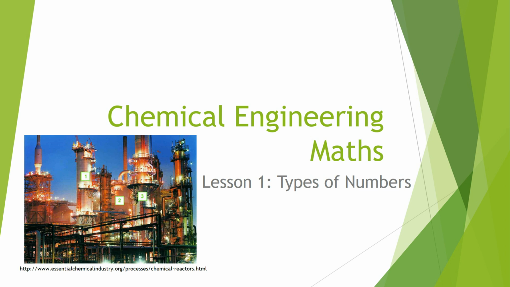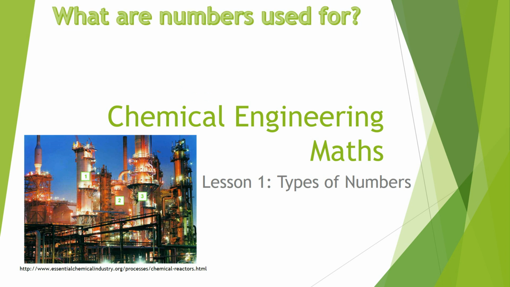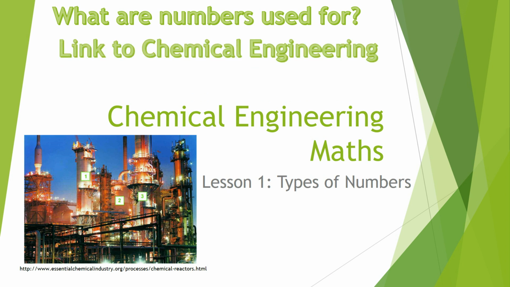This is the first video on types of numbers. Before we proceed, let's look at what numbers are used for. These are used to quantify information, and you would have been doing it for a very long time. In chemical engineering, maths is used extensively to quantify chemical knowledge in scaling up chemical reactions and to produce these